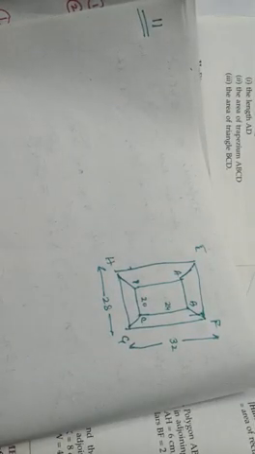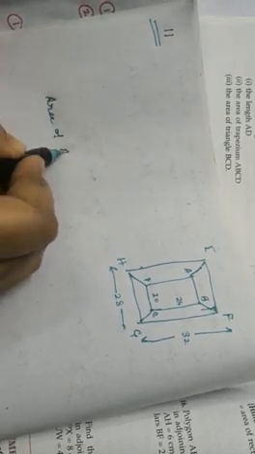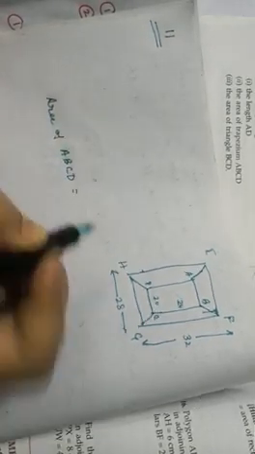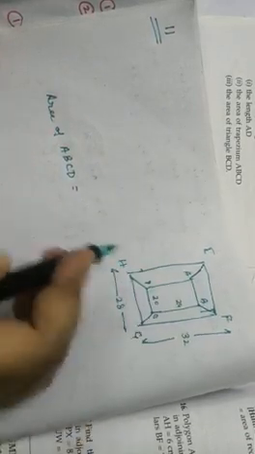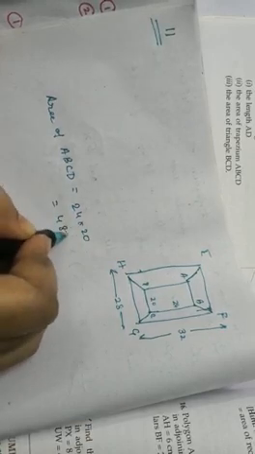Okay, you have to find the area of each section of the frame. So if I have to find the area of ABCD, it is very easy. Area of ABCD, this is also one section of the frame. It is 24 into 20. This would be 480. Is it in centimeter? Yes, it is in centimeter square.